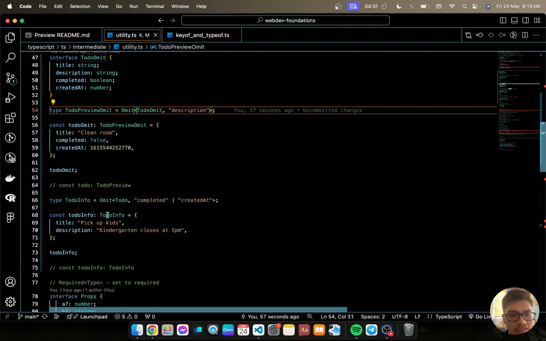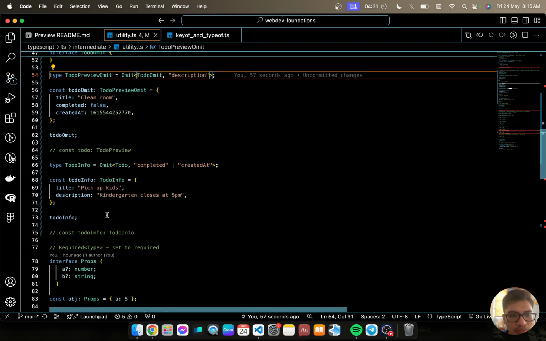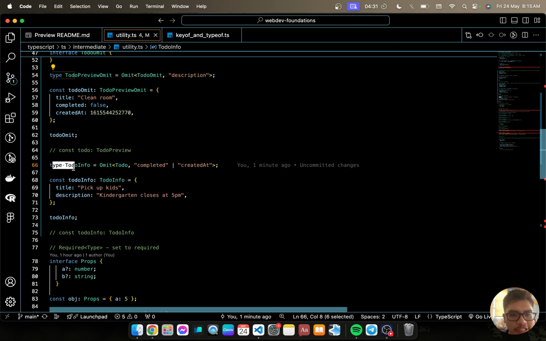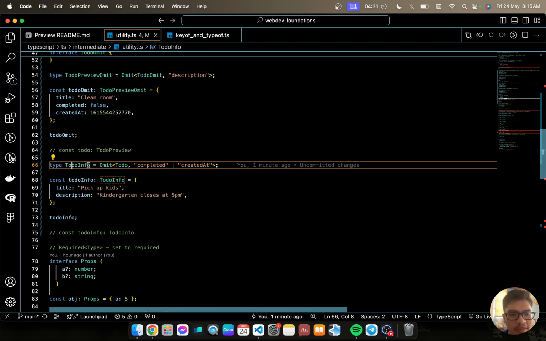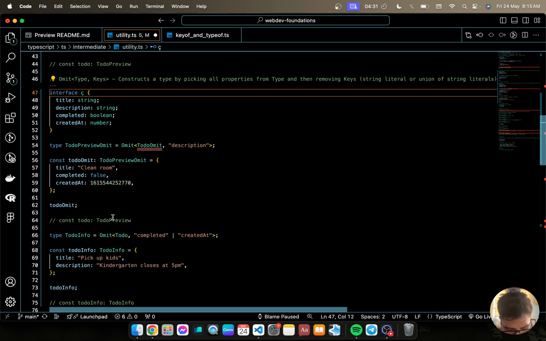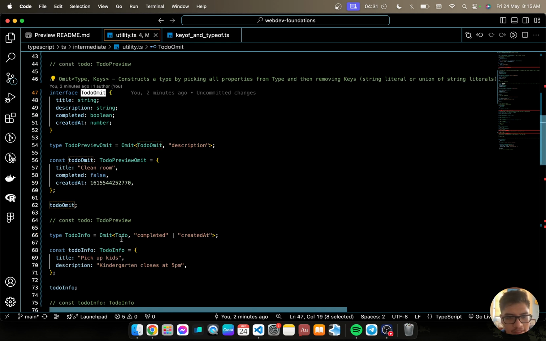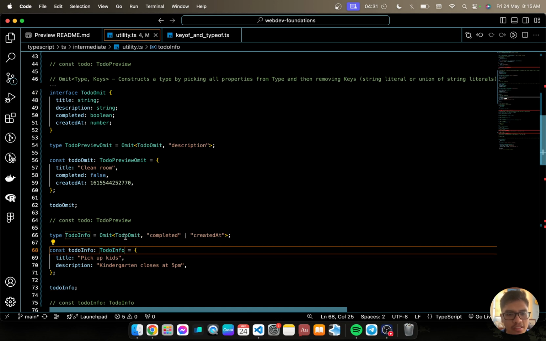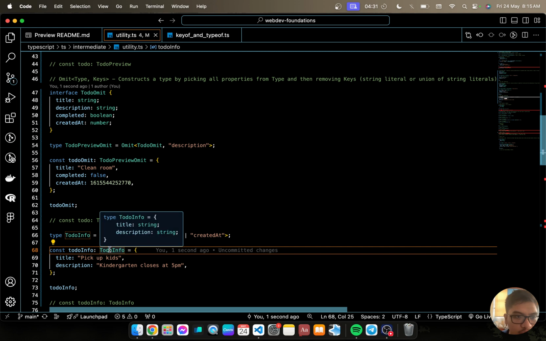Okay, so now we have Omit, another example here. Here we have Todo. I think this should be TodoOmit as well, so let me update this. We're removing completed and createdAt, so TodoInfo now only has title and description.